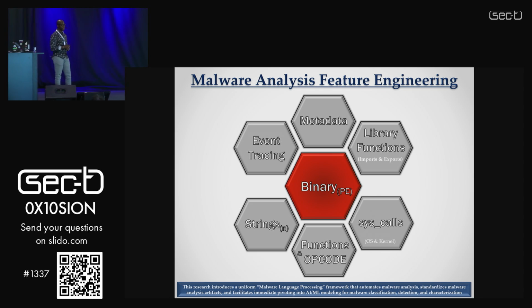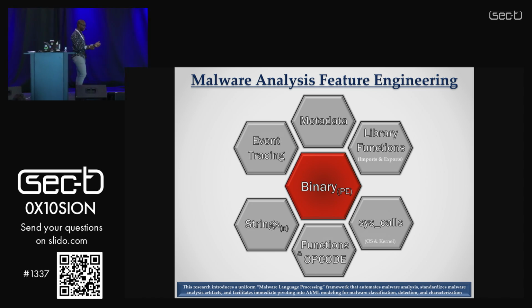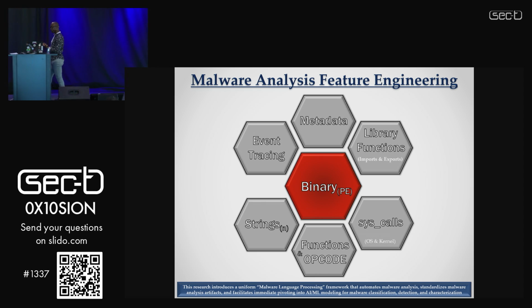Another one is library functions. If we can extract the library functions statically, we can use those to infer potential operations or capabilities of that malicious sample. These are features. If we look towards its system calls, as we get lower level between the actual binary and the kernel or the operating system, we can also use those to describe a binary.